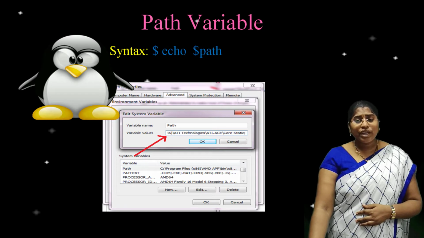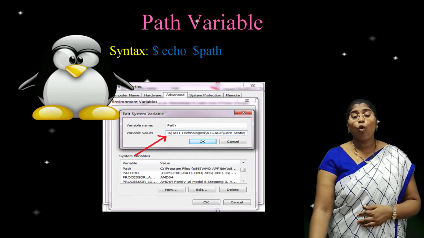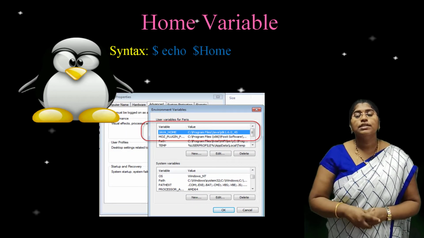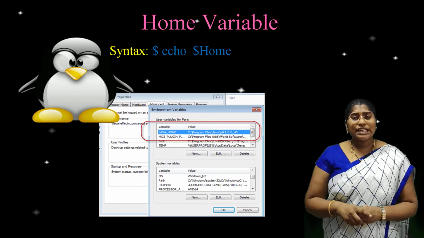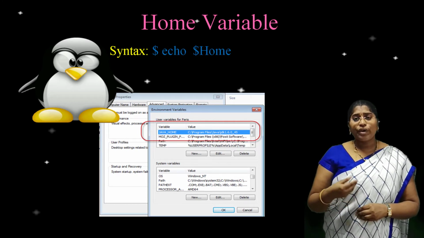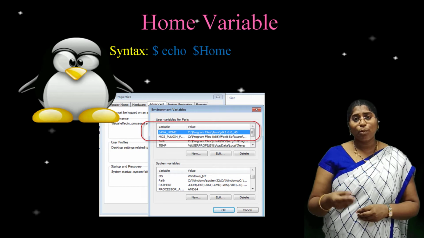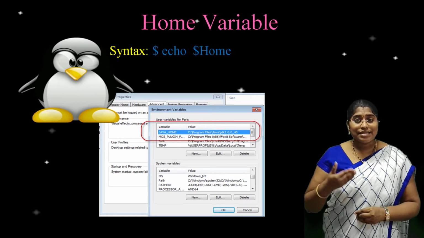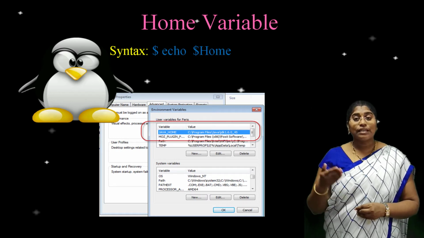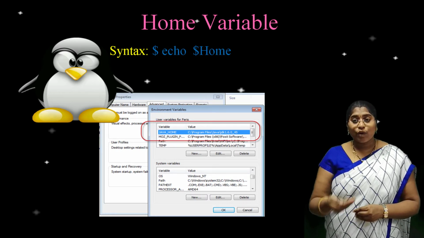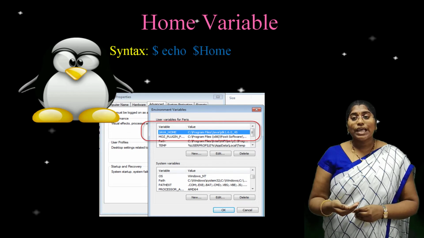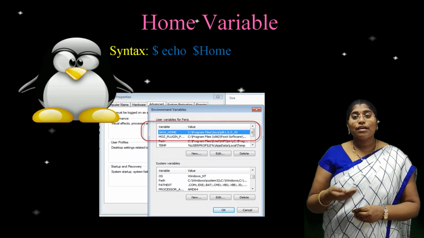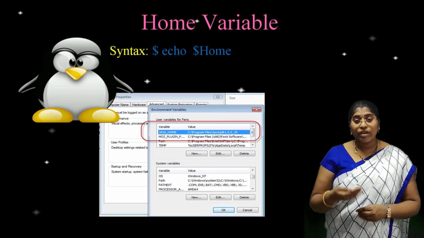The next variable is the home variable, the second type of system variable. When a user logs in, he or she is automatically placed in the home directory. This directory is decided by the system administrator at the time of opening an account for a user, and it is stored in a file.